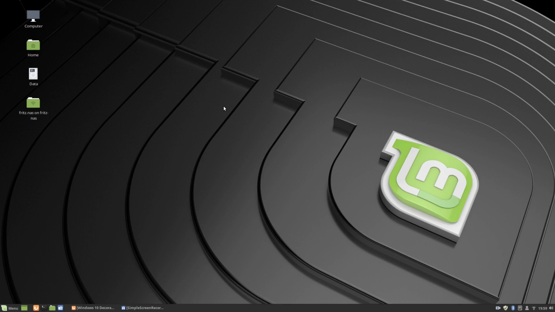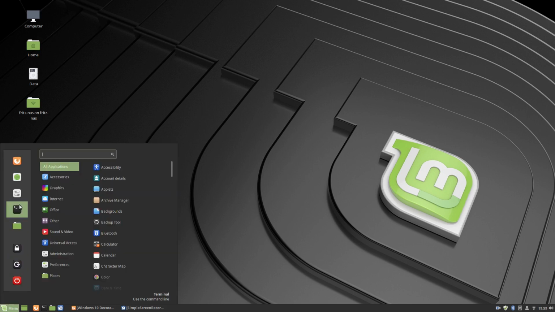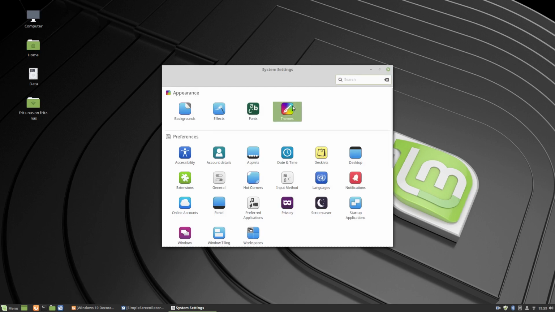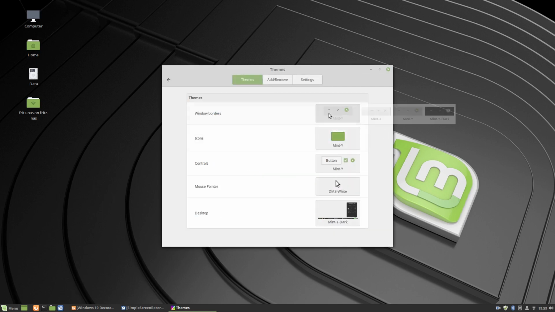Today we're going to be looking at some theming for Linux Mint 19 Cinnamon. So I'm just going to show you some of the themes that I tend to use sometimes when I'm on Linux Mint. There are some Windows themes as well. The problem we have at the moment, which I've experienced, is window borders. We cannot get any of the themes up for Windows borders, so there is a workaround for that,